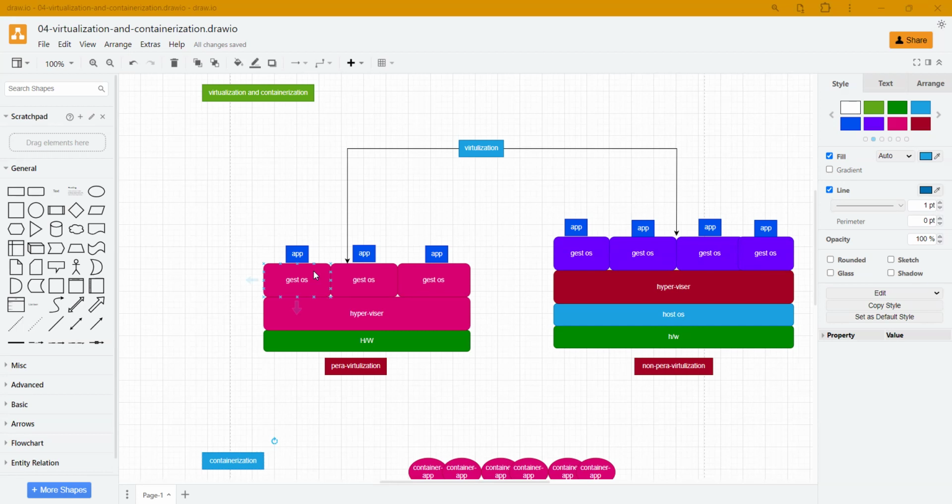Once Docker images are built, they can be shipped to a Docker registry, such as Docker Hub or private registries, where they can be versioned, stored, and shared among team members. This allows for seamless collaboration and deployment across different teams